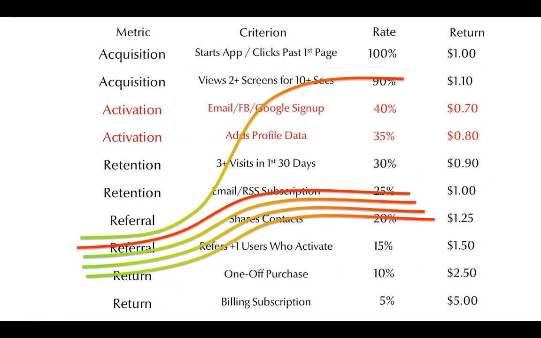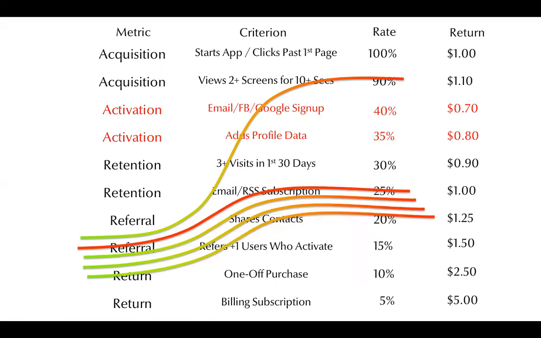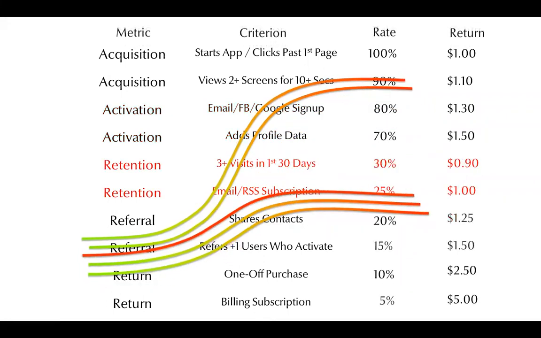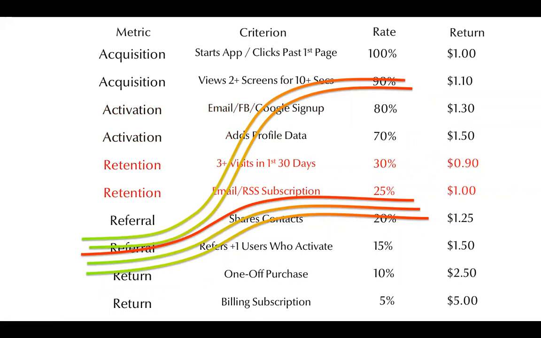These are very gross constraints and probably much finer grained qualitative constraints, root causes of these things. We need to know about those too. But let's start with something we can measure easily. We can get this stuff out of Facebook or Google Analytics. So if, let's say that retention is the bottleneck, well, any work we do on referral or return is not going to improve that constraint. And for that matter, any work we do on acquisition or activation isn't going to.